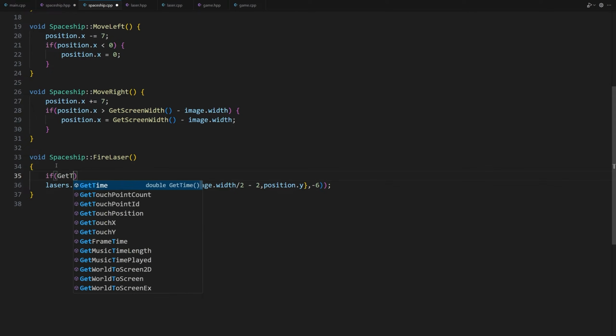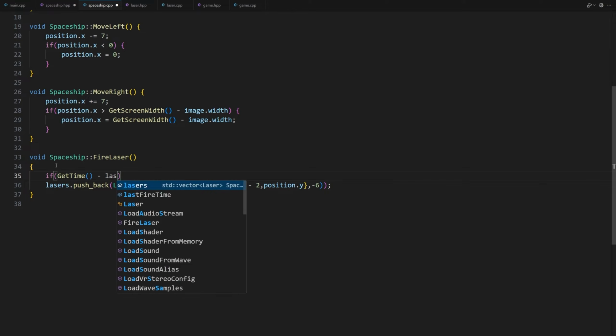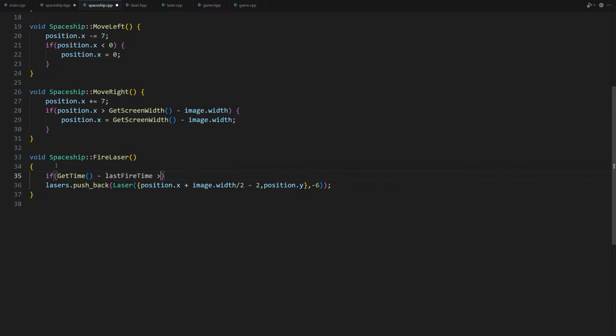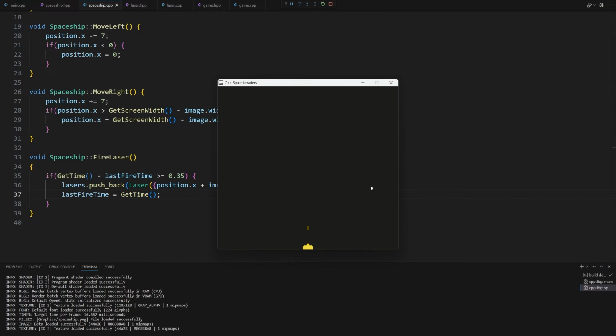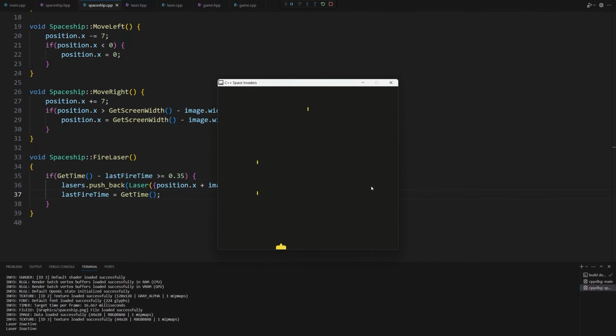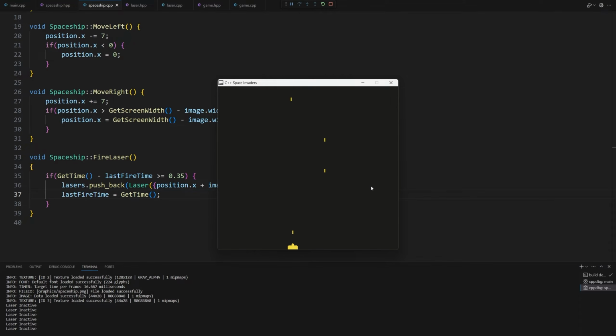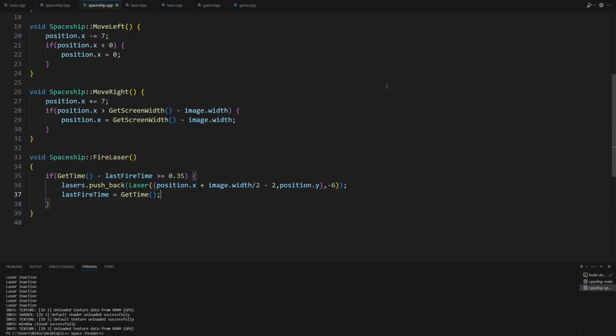If (GetTime() - lastFireTime >= 0.35) { And of course, we need to set the last fire time to the current time. lastFireTime = GetTime(). Let's run the game. Perfect. As you can see, our timer works. The player can now only shoot one laser per 350 milliseconds. It works as expected.